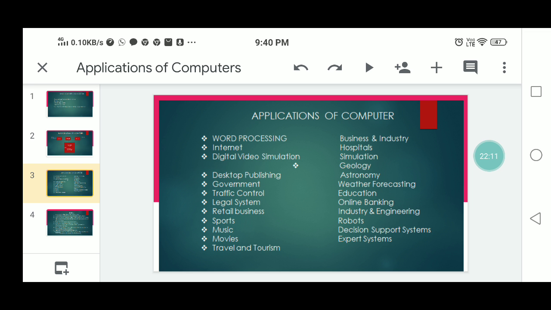In geology, civil engineers use computers to evaluate the effects of earthquakes on the structure of buildings based on the age, proximity to the fault, soil type, size, shape, and construction material. So these are all identified by the geologist using the computer. Then next, weather forecasting. When computers are fed with mathematical equations along with data on air pressure, temperature, humidity, and other values, the solution of these equations gives an accurate prediction of the weather forecast for a particular area.